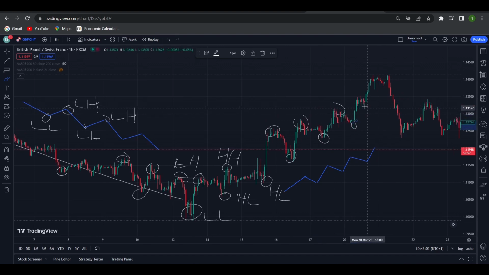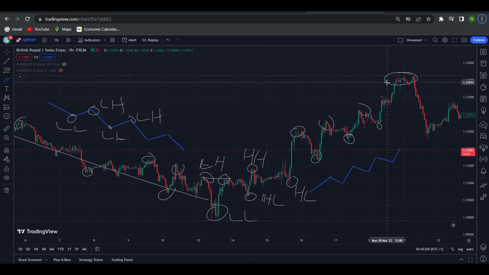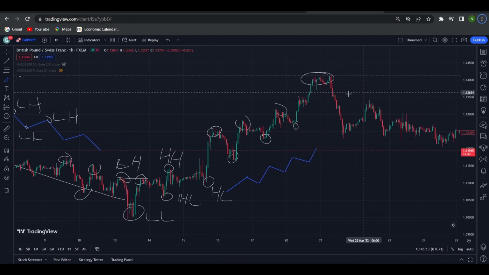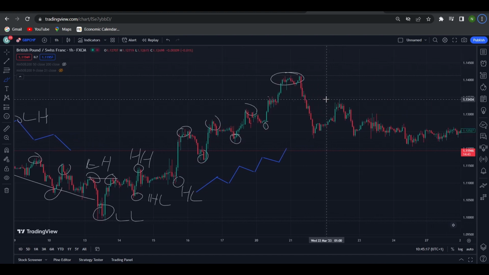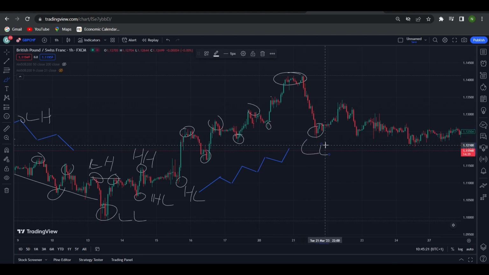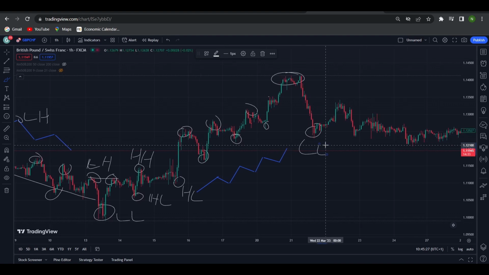So it goes on and on for a while and reaches this point right here. And at this area, we can see that when the price drops and we are expecting a higher low, we are instead getting a lower low. This instantly invalidates the uptrend, as we see sellers getting into the market and invalidating the uptrend,